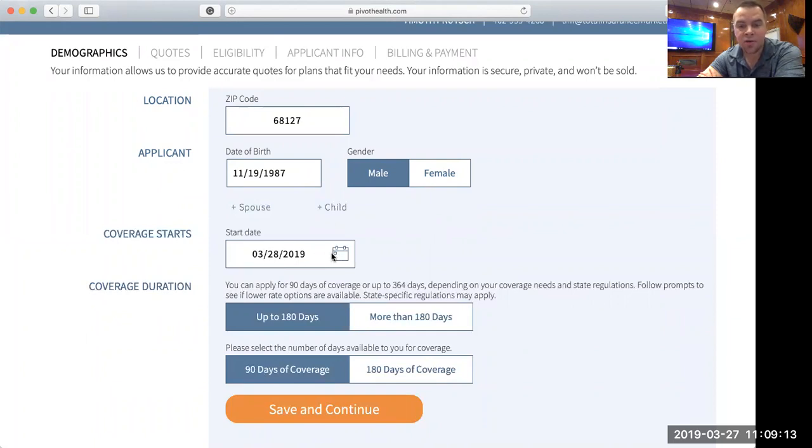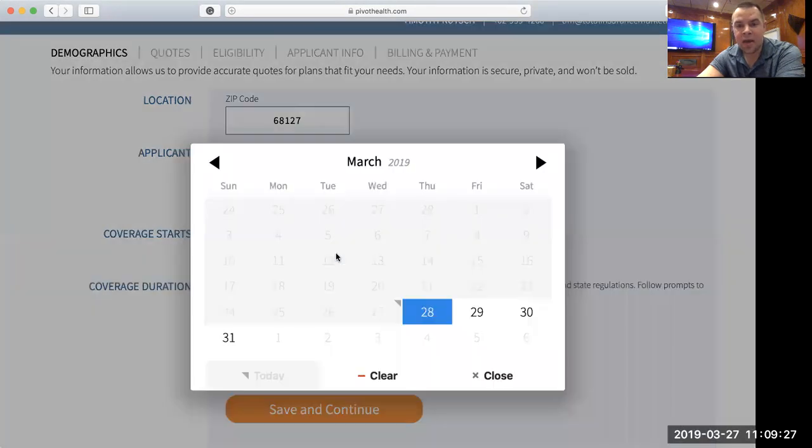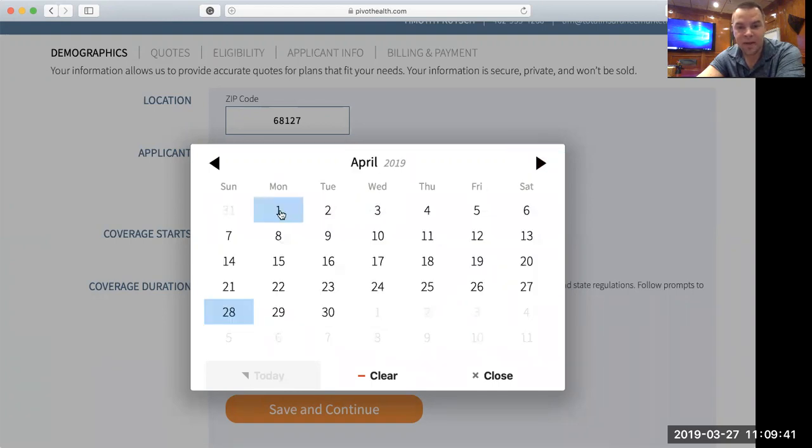The coverage start date is automatically going to pop up the next available date. So usually tomorrow, which is why I named this particular site healthinsurancetomorrow.com. But you can also future date this. Now, important thing for you to know when you're talking to the consumer is immediately when they sign up, they're going to be charged. So whether they have a March 28th effective date or whether they have an April 1st or May 1st effective date, which you can do just by clicking here,